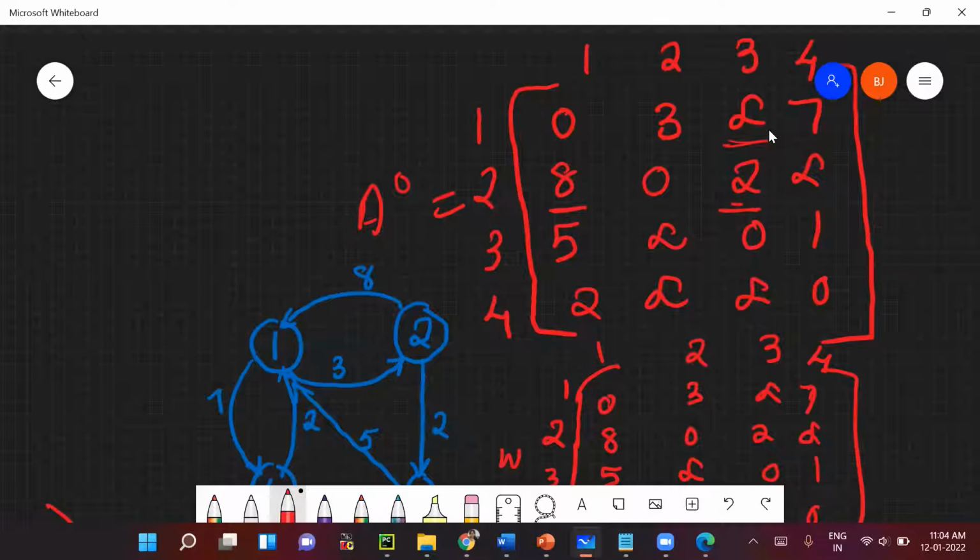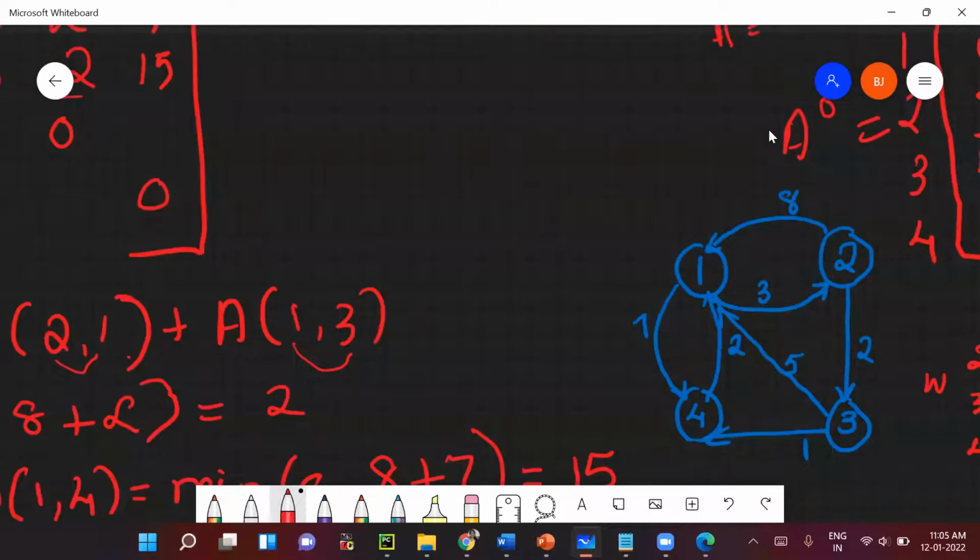So as we don't have any intermediate vertex, what is the meaning of A0? A0 is the distance matrix when we are not having any intermediate vertex. It is constructed considering no intermediate vertex. So as there is no intermediate vertex, we will just copy the weight or the cost matrix into A0. I hope this step is clear.